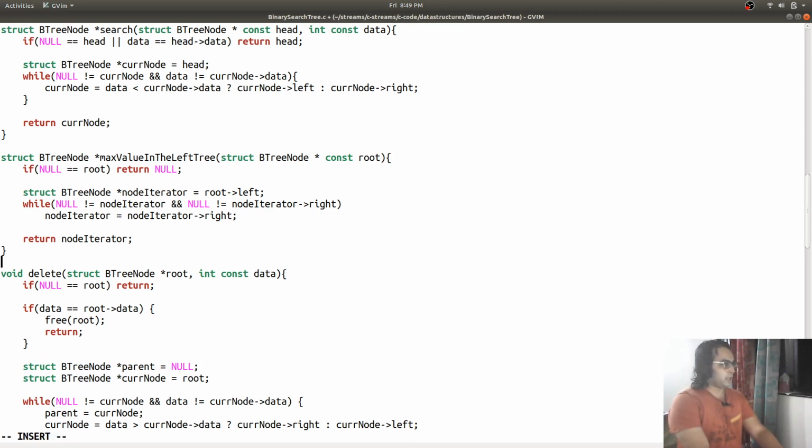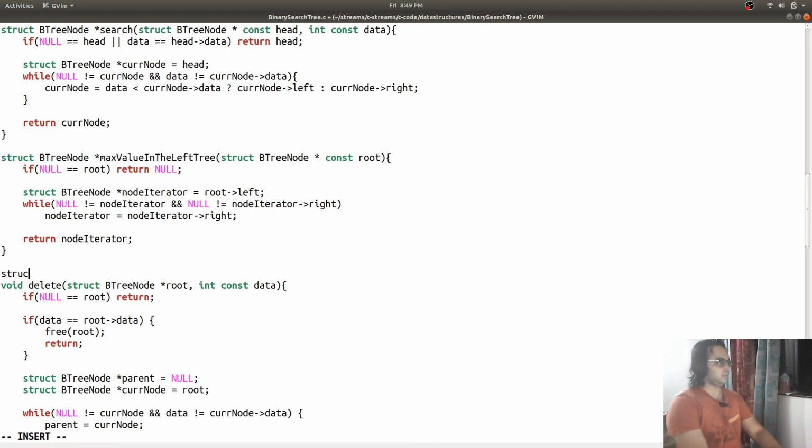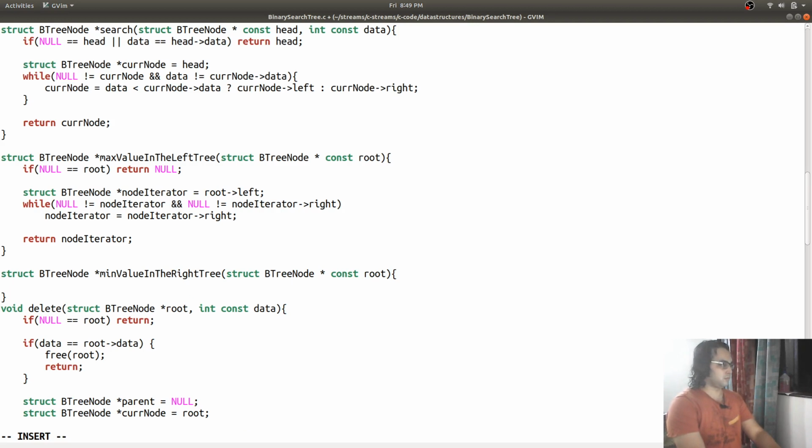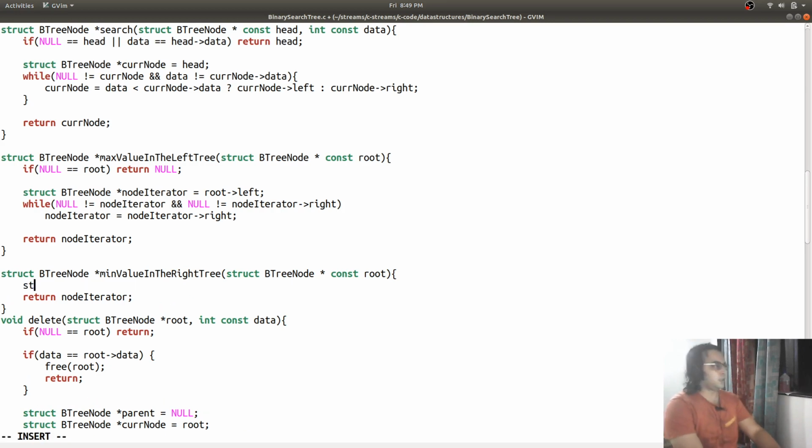Similarly, we are going to have, let us define this node first.